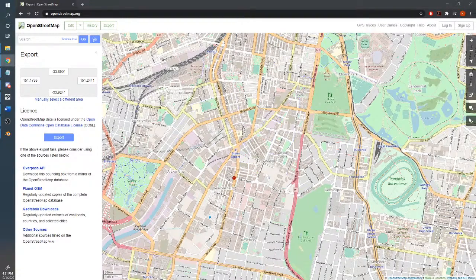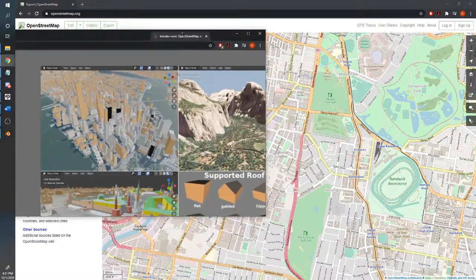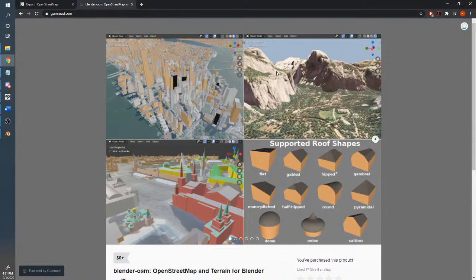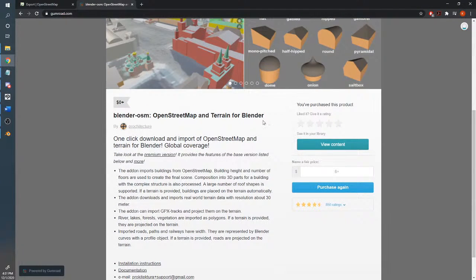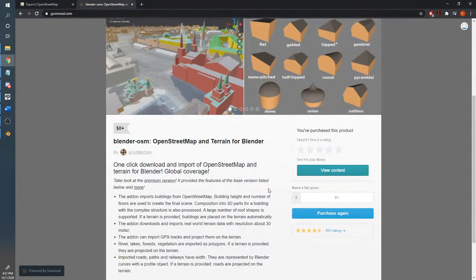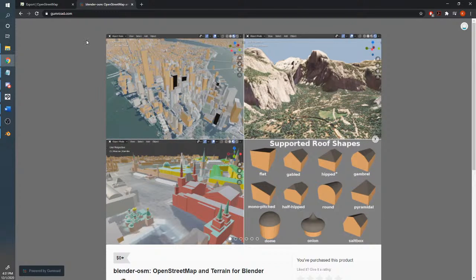All right, here we go. So the plugin I used is called Blender OSM. You can download this for free. First of all, you would want to Google Blender OSM, and it will give you this website